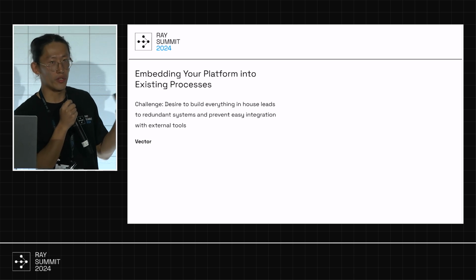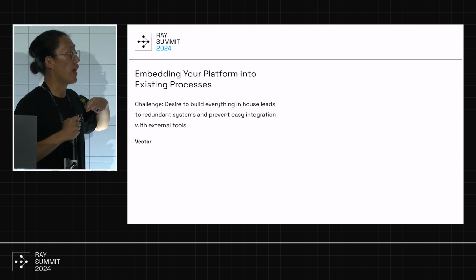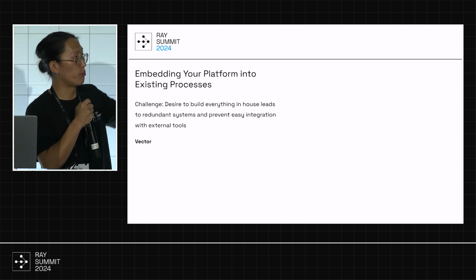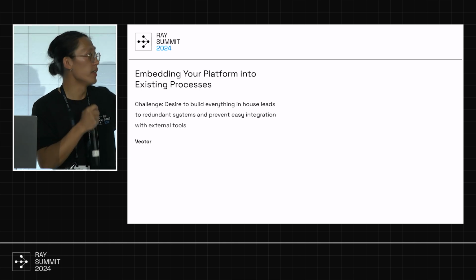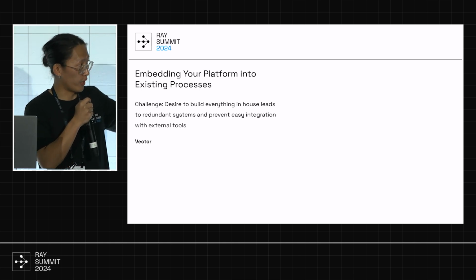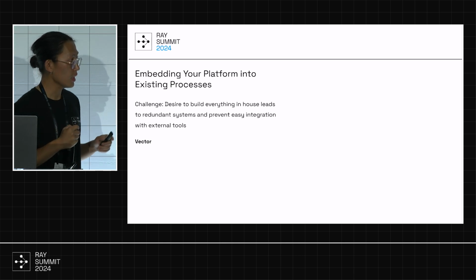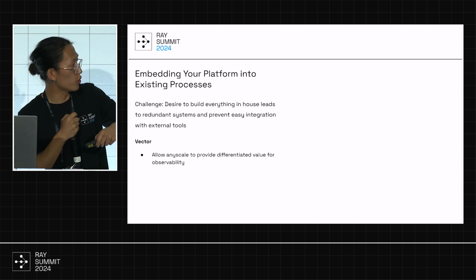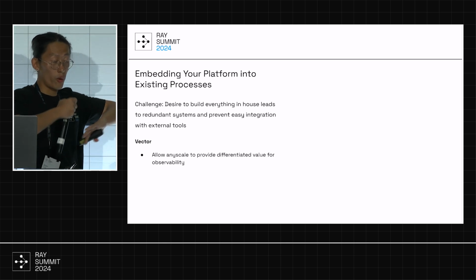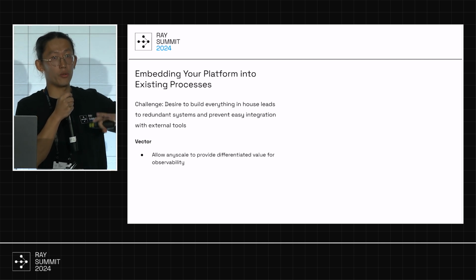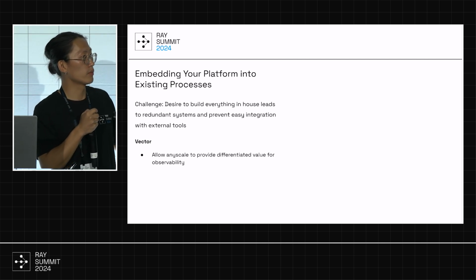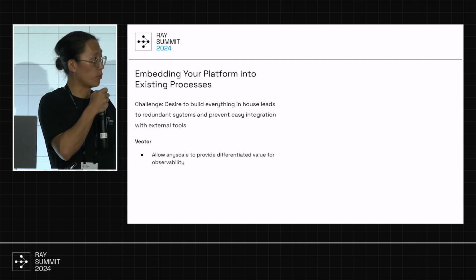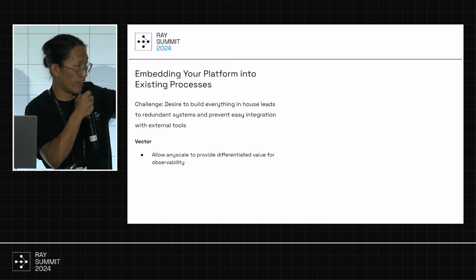Vector, if you don't know, is open source software that makes it easy for you to build observability pipelines. It lets you collect and ship metrics to wherever you want, and logs as well. So at Anyscale, we use Vector to provide differentiated value for observability, but also allow you to configure it to ship logs wherever you want. It supports dozens of sinks and destinations,